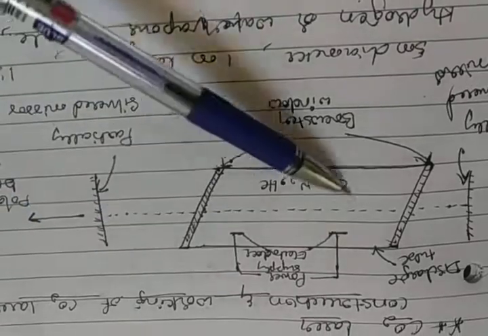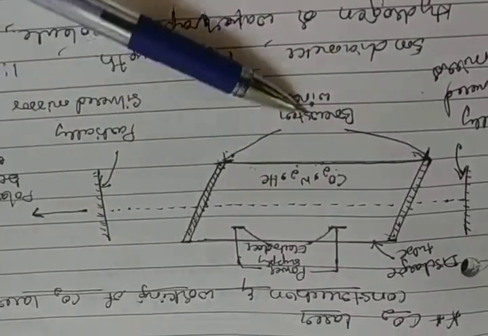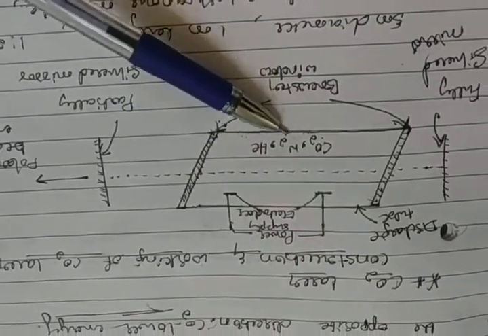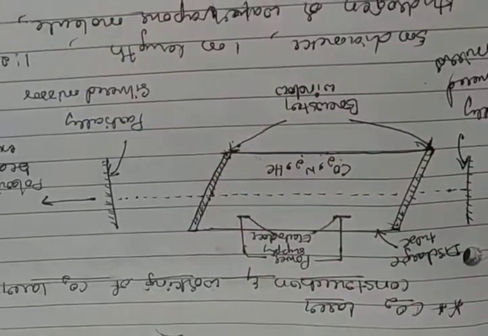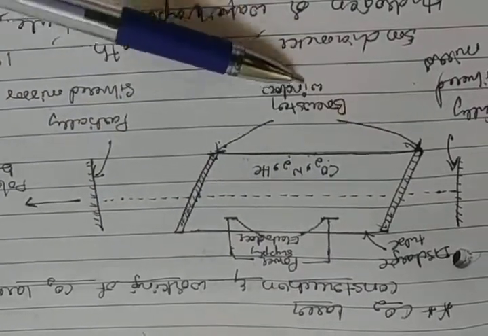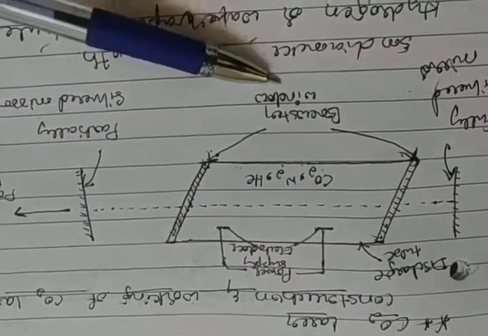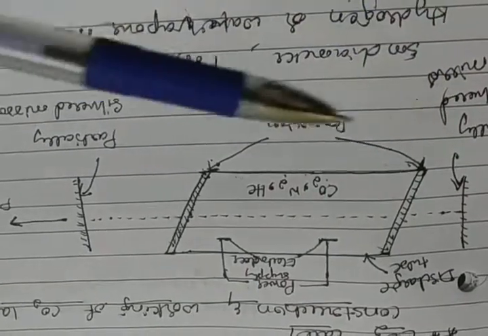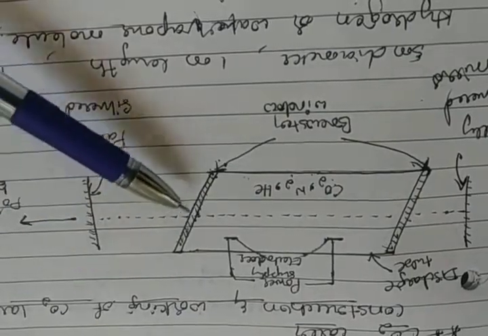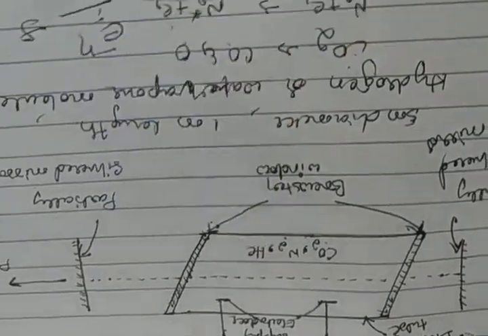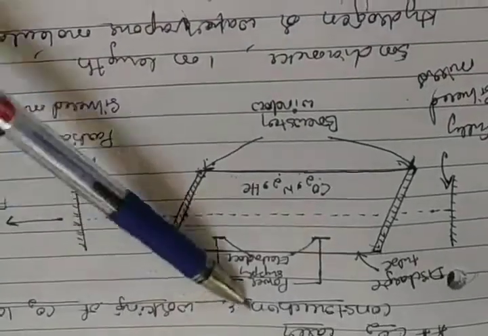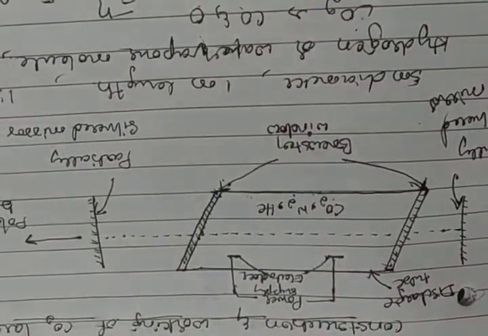Okay, this is the construction of the discharging tube of the carbon dioxide laser. Okay? So we have to add the Brewster windows to this discharging tube. The fully silvered mirror and partially silvered mirror are all attached to the discharging tube, and some other parts are also there. That represents the construction of the discharging tube.